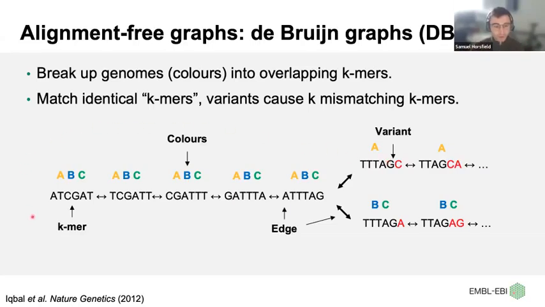What you might notice is that these De Bruijn graphs contain a lot of redundant information in terms of the degree of overlap between neighboring k-mers. So for example, we can see that this first k-mer here has an overlap of size k-1 with the next k-mer along with it. This k-mer has an overlap of size k-1 with the next k-mer, and so on and so forth. And this is very wasteful. You're sort of repeating the same information over and over again. And this means that De Bruijn graphs, when uncompacted, take up a lot of space either on disk or in